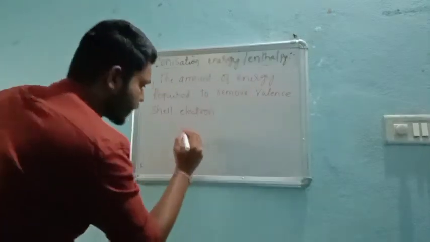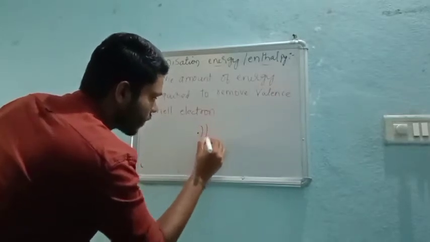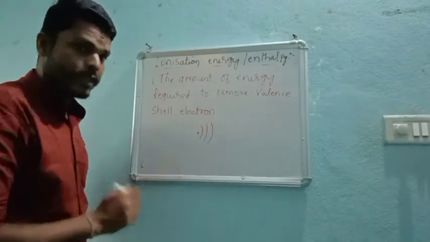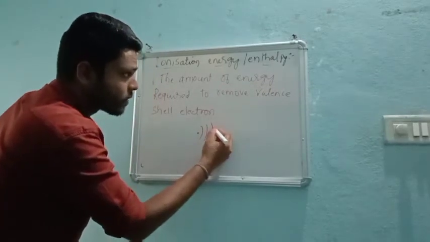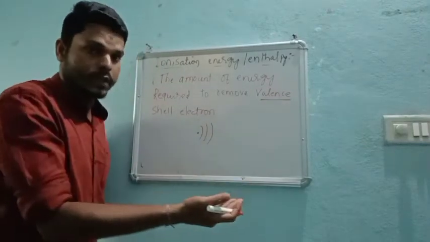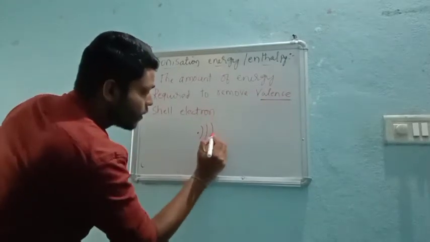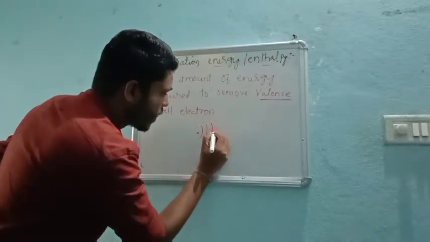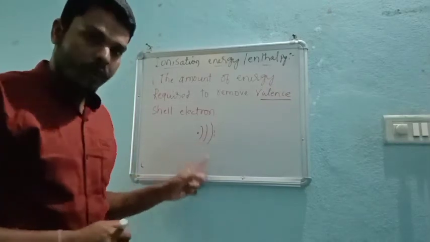I will show one example: an atom with a nucleus and different shells. We don't know which atom it is, just for the sake of example to understand. Say, for example, here in this shell, that means in the outermost shell or the valence shell. Valence shell is nothing but the outermost shell or last shell, right? So now let us consider there are 3 electrons, 1, 2 and 3 electrons. So there are 3 electrons present in the outermost shell.